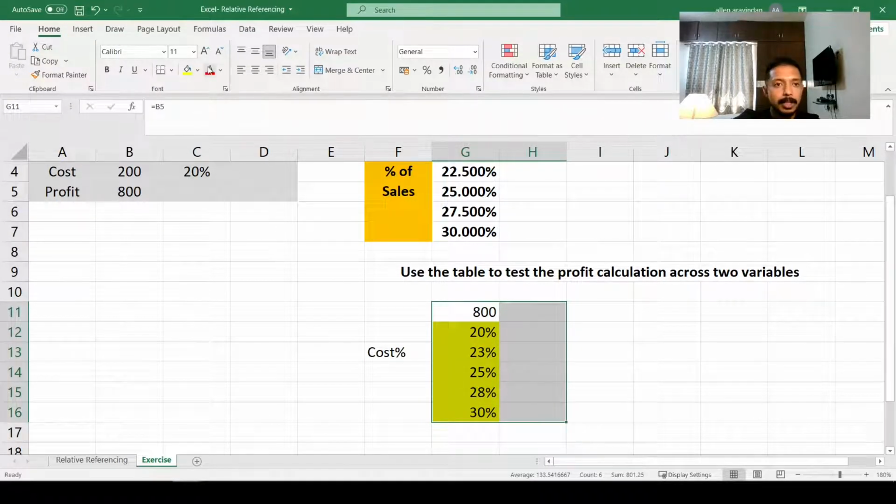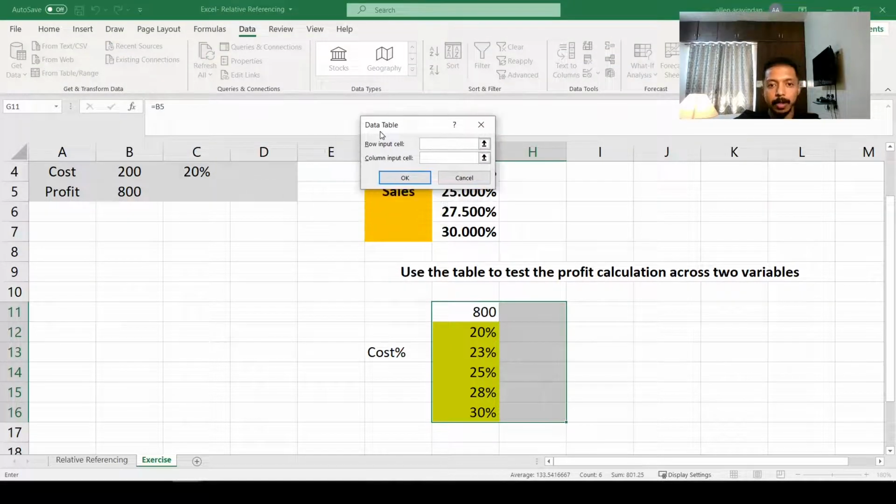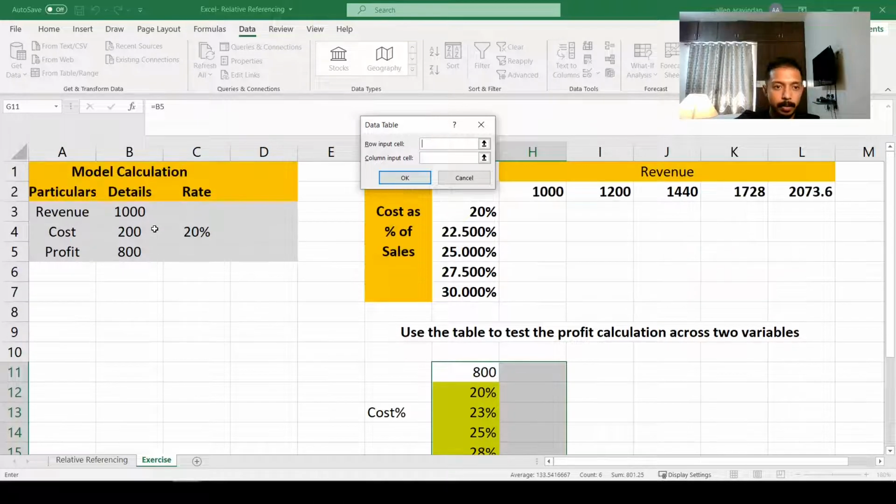Now, just like your previous selection, you will go to data, click on what-if analysis, and click on data table. Now you have to understand that the row input out here is blank. So do not go and select this cell, because the row input is not there. You're just going to take a blank cell. So you're telling Excel that that remains constant, no values. But the column input you have, which is 20%,